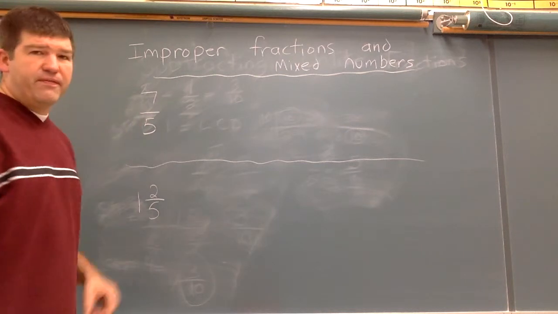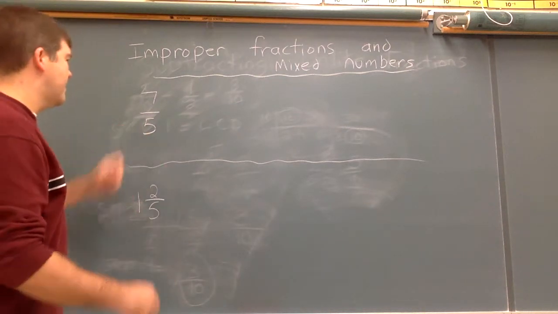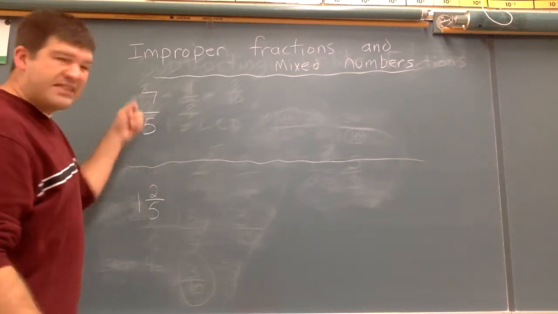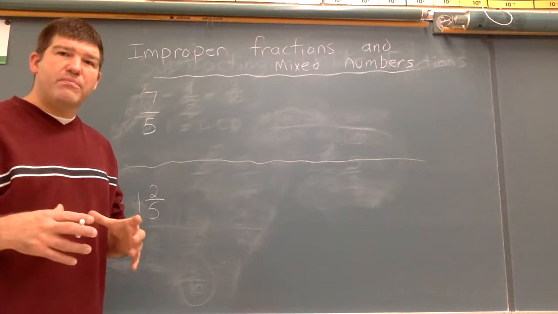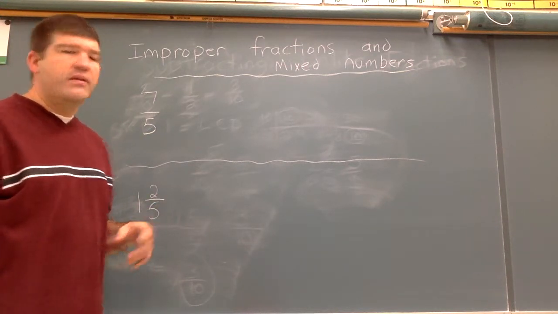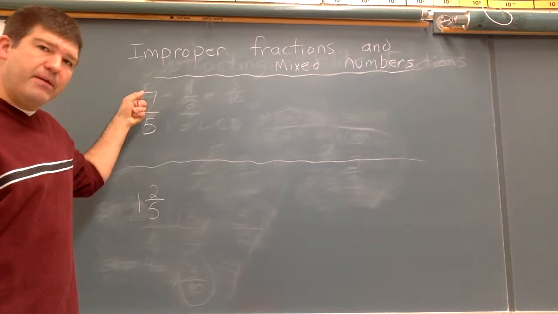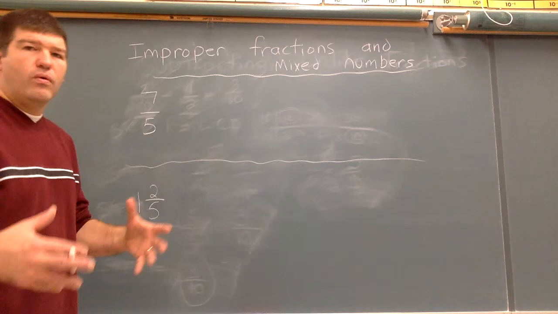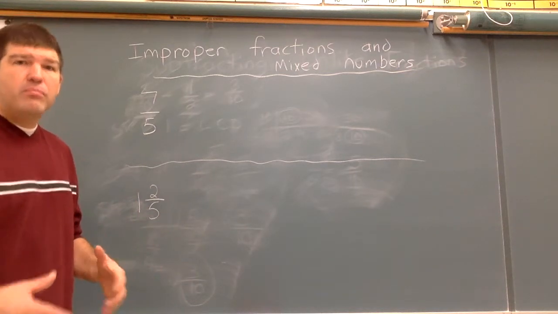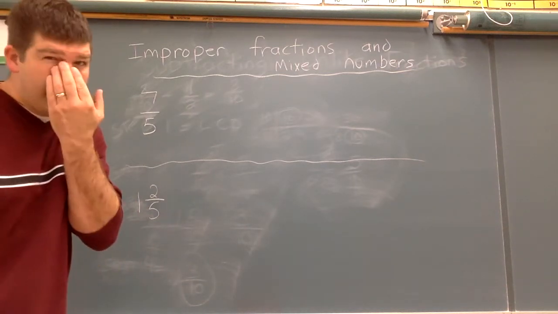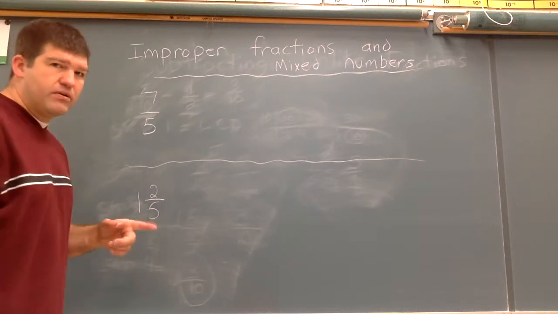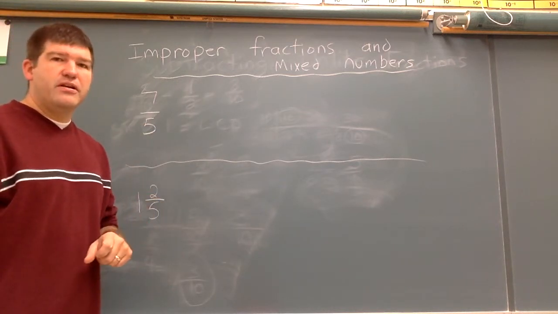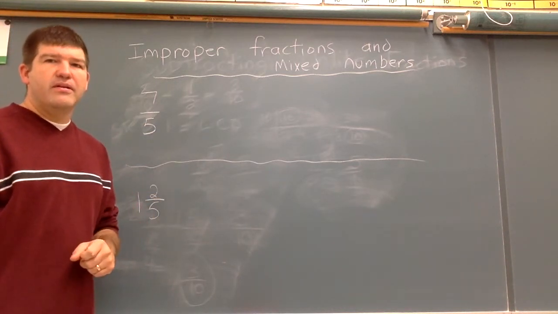So 7/5. So this is how many parts need a whole. I need 5 parts for a whole, and I have 7 parts. So if I have 7 parts, I have more than the whole. So whenever there's a greater number on top, it means you have more than a whole. So you have a whole, or maybe many wholes, plus a little bit more, okay? Improper fraction. So the way you change this from an improper fraction to a mixed number, mixed being you have